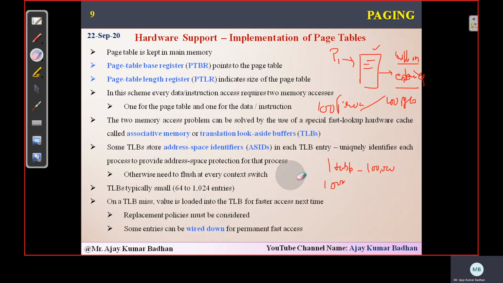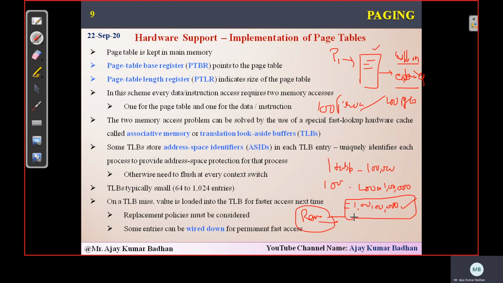Then what is the scenario here? If you talk about 100 tables, 100 into 1 million entries. How much are you getting? I think you can understand this many entries are there in your system, and you are storing all these entries in your RAM, your main memory. So do we really have that much space to store it? Obviously it can store, but the remaining processes may not work properly.